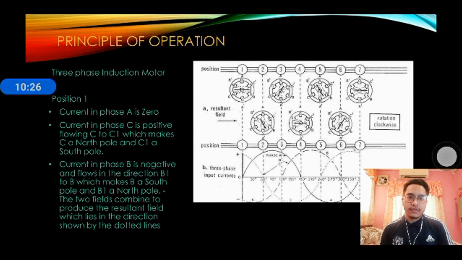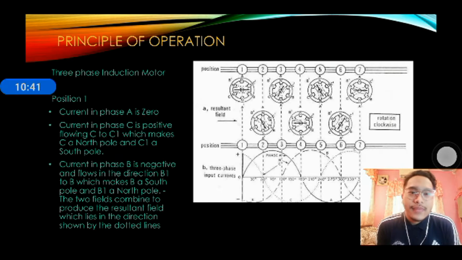Two phase is done, single phase is done. Let's go to the three phase induction motor. This might be complicated, but I'll try to explain it less complicated. Okay, from position 1, as usual, 0 degree. The current phase A. Oh, before that,